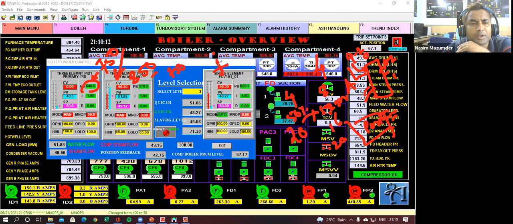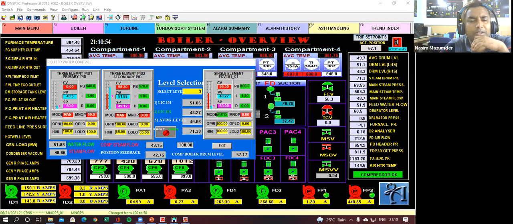If the variation is coming shorter, then make it 700 and check. Okay, it is coming. And after a certain point, you will see that there is no more scope. And then you go for your I setting or D setting. Likewise, if the response is not that good, or if it is hunting, then you try to set your I time or D time and then check. This is the way how we do.